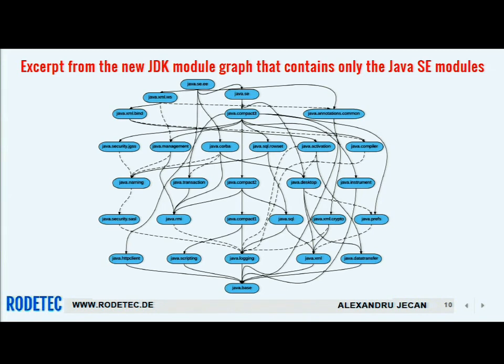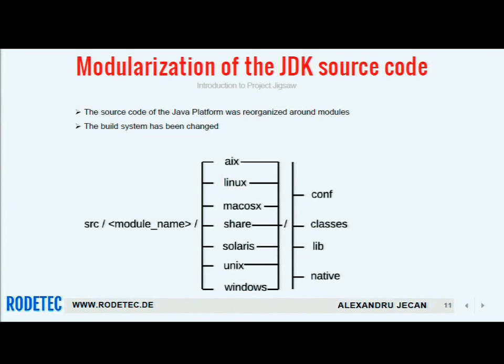Java base had about 6,000 classes, and it's right at the bottom. So this graph you see has no cycles, no circular dependencies, and it's a clean graph. Let me show you how the JDK source code has been changed. The source code was also reorganized around modules, and even the build system has been changed in order